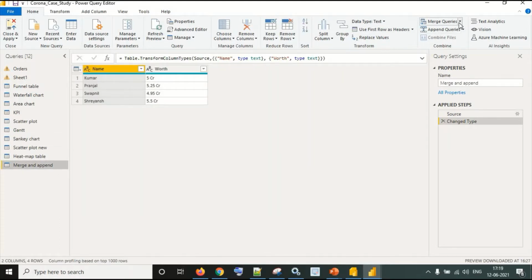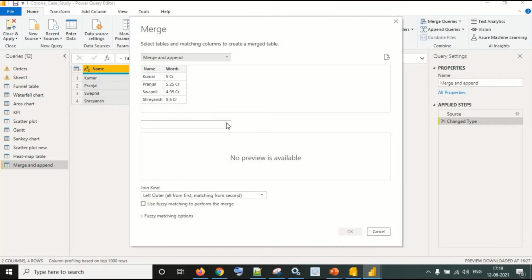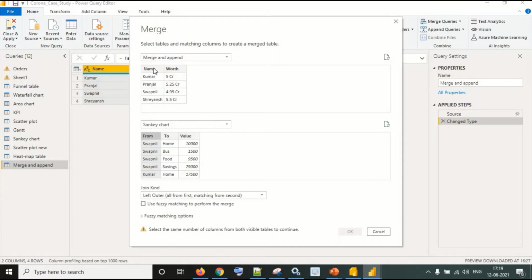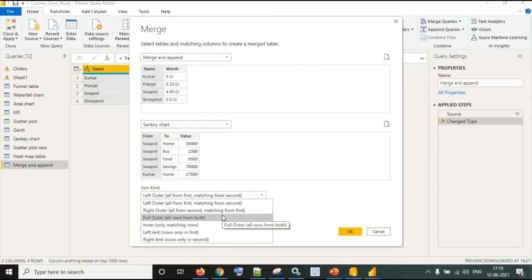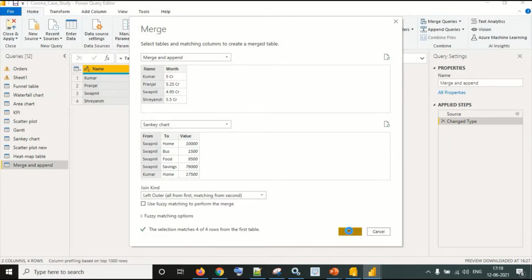I'll go to Merge Queries, Merge as New. Let's select the table and select on which column we want to merge. There are different kinds of joins, which we have already discussed in one of the interview questions in my previous videos. So let it be one of the joins, and let's see what happens.